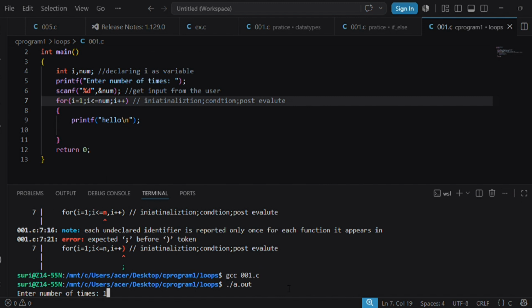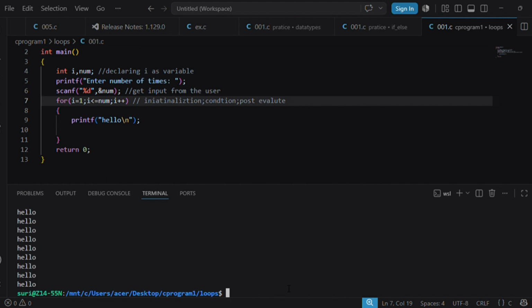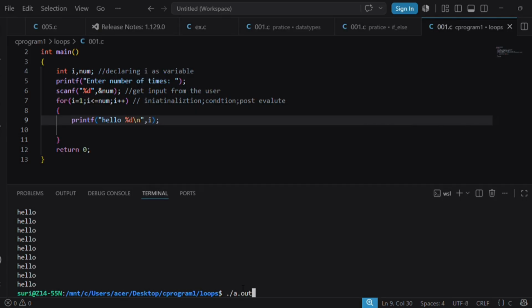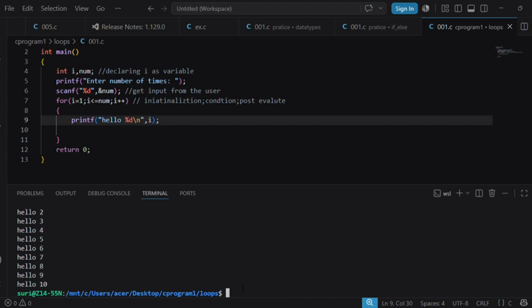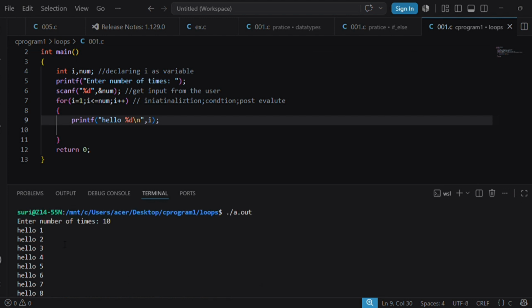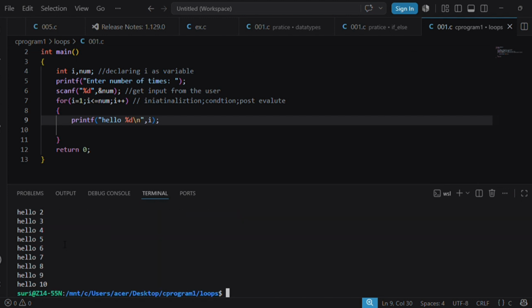So 10 times. If you want to see the number of times, just type %d here and then here type i. You can see the number of times also. Wait, I am compiling this again. Now I am running this. 10 means 10, so 10 times it's printed successfully. So this is how the for loop works.